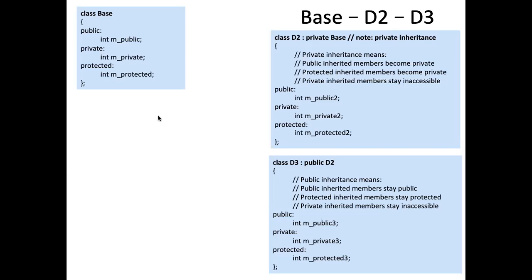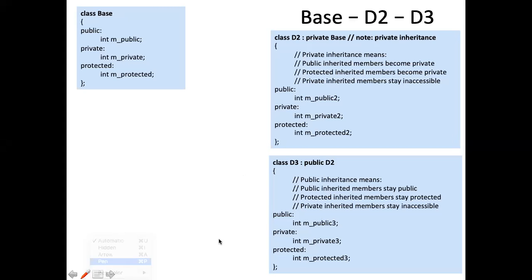ओके ओके. राइट जी. सो इस सिनेरियो में क्या होगा? लेट्स से कि क्लास D3 है विच इनहेरिट्स पब्लिकली फ्रॉम D2, D2 इनहेरिट्स प्राइवेटली फ्रॉम बेस, और बेस आपके पास ऑलरेडी मौजूद है. तो लेट्स से कि मैं एक ऑब्जेक्ट डिक्लेयर करता हूं इन क्लास D3. सो पब्लिक इनहेरिटेंस है फ्रॉम D2. तो व्हाट वुड दिस मीन? दिस वुड मीन